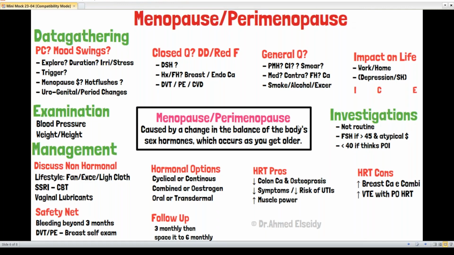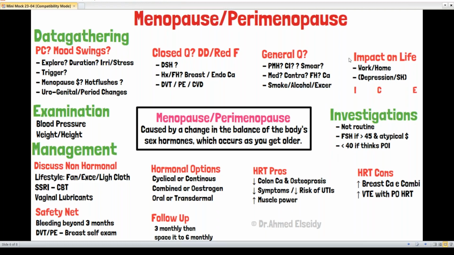But before we give that to you, Amy, we need to share with you the benefits and risks of using them. Before you do anything, like offering a test, you don't have to decide. You are just a doctor, a professional. You give the patient the pros and cons, the benefits and risks, and they choose. So the benefit of using HRT, Amy, is that it can help with controlling your symptoms. It can help reduce your risk of urinary infections, increase your muscle power, help prevent thinning of your bones, and reduce your risk of colon cancer as well.